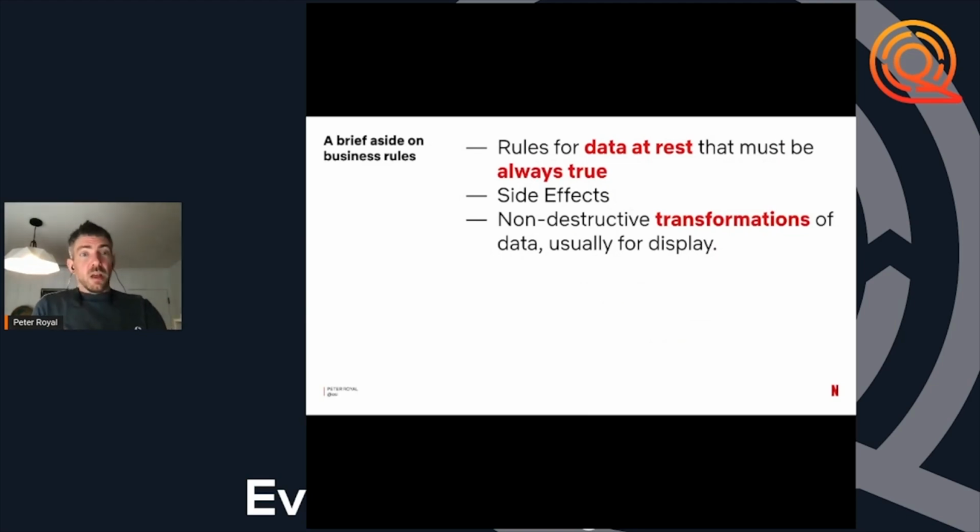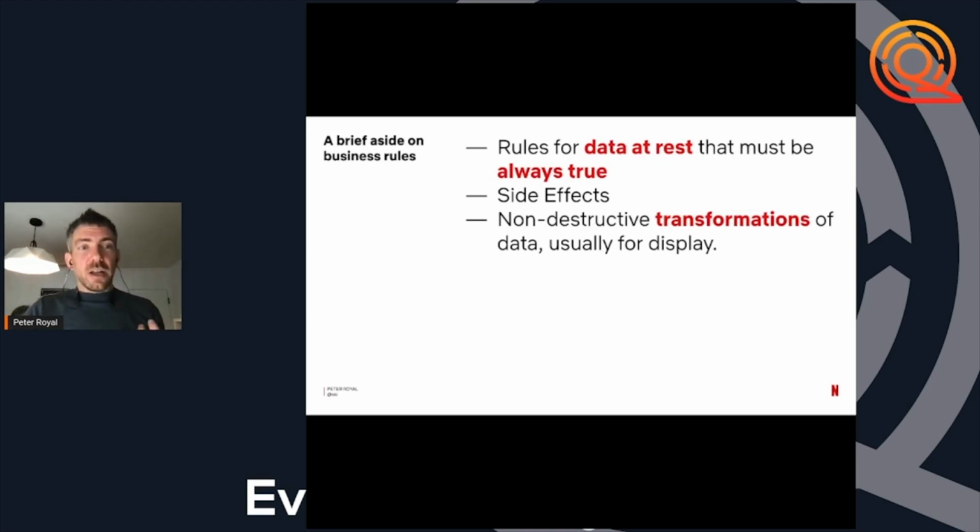Thinking about business rules, when talking to folks about their system in this way, I categorize business rules into three broad buckets. The first one is our invariants. The data at rest must always meet these requirements. A customer must have a name. So if you're creating a new customer, you absolutely have to provide a name. And these are the constraints for data at rest: any required field, maybe certain numbers that can't be negative. These are all things that apply to data at rest.